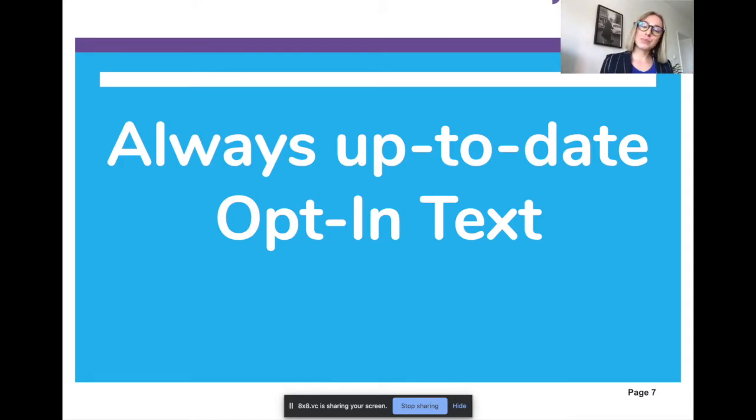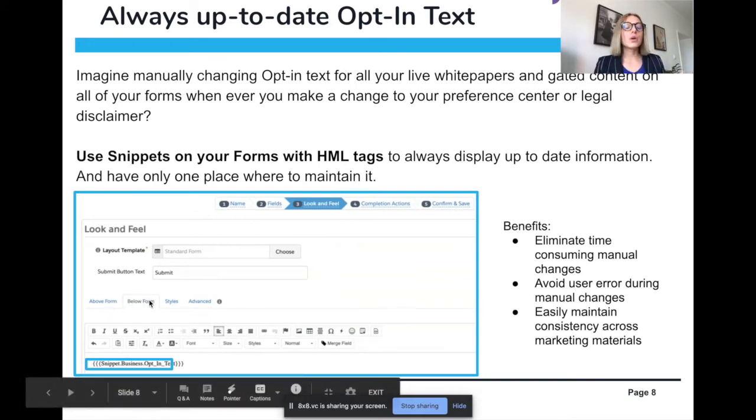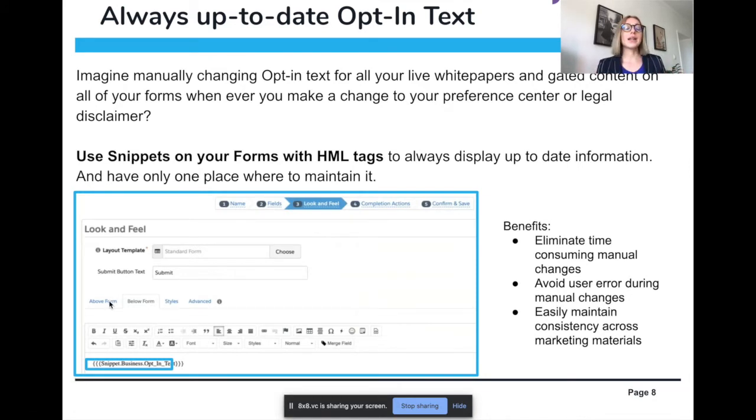Similarly to the previous one, always up-to-date opt-in text. Marketers can grow their preference center lists, and potentially the way they communicate in the message under the form can really change. What I like about snippets in combination with forms and HML tags is that when we are creating a Pardot form, above or below, depending on your preference, above you can display a personalized message, or below you can create one snippet with your opt-in text, and in one place in Salesforce update that opt-in use case or the benefit, what the person will get and what they need to be aware of, where their data will be stored, etc., under the form. So that's another very good use case that you can apply now for your business